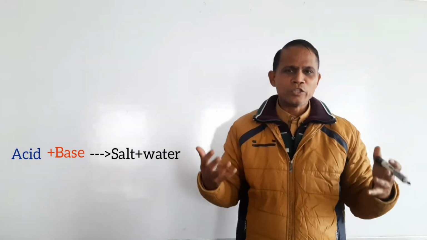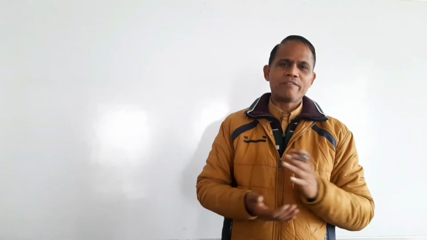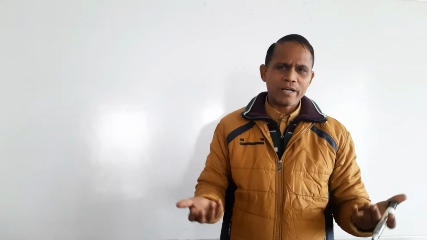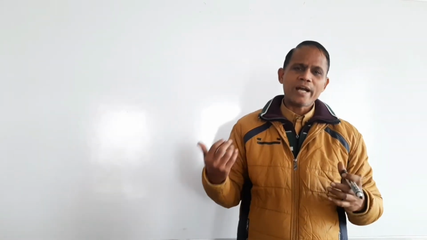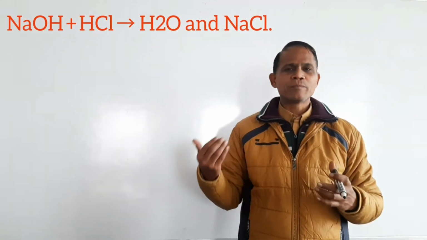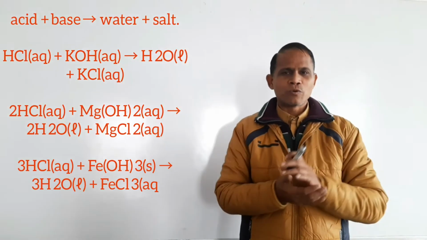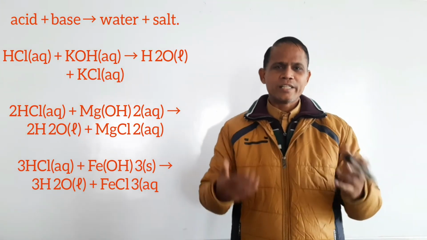So these are neutral. So neutral is there, beta. That I will prove also. But first of all I will discuss a few examples with you. For example, you have sodium hydroxide and you have hydrochloric acid. You add them, you will get sodium chloride and water. A few examples I have written on the board also, students. So these all are neutralization reactions.